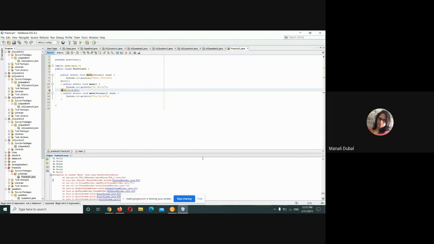No, keep your cursor over there. Mouse, yes. What is it showing? Yes, I want to read that error. Wait. Yes, illegal start. Okay, fine. You have kept rounded brackets, right? Yes, ma'am. First round and then curly, right? Yes, ma'am. Okay, I got it.